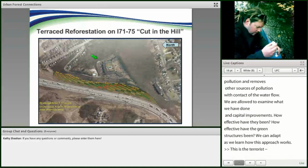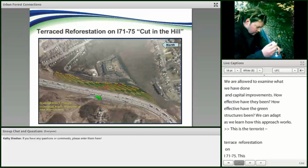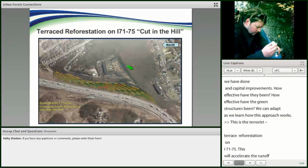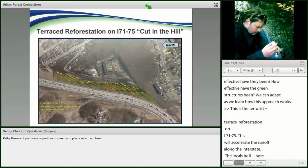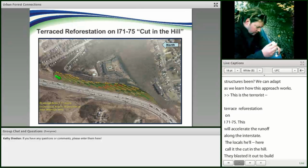We have streets, and this area is about 20% impervious, so there are surfaces here that really accelerate the runoff and send it down the hillside along the interstate. So the locals here, we call this the cut in the hill, because when they built it back in the 60s, this is a very steep hill that they blasted out to build the interstate. You got a lot of exposed rock along the road right here,